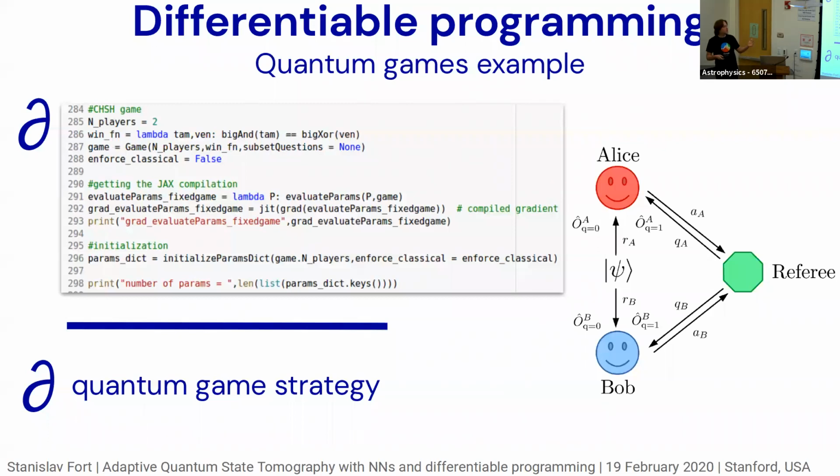And this is really cool because I wrote a program and took a differential through it and asked, how should I wiggle the parameters of these strategies in a way that would maximize the probability of winning for Alice and Bob in this cooperative game? So this is just an example. It's not the topic of the talk, but it's an example of how you can use differential programming to get good results in the physics context.